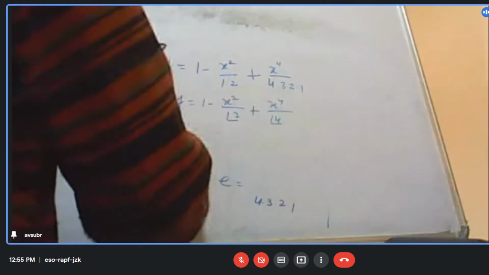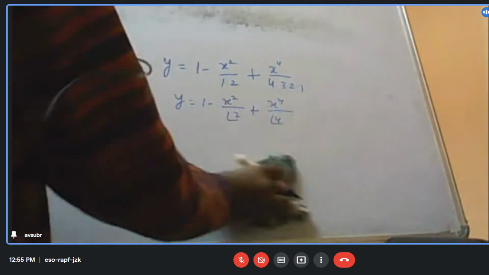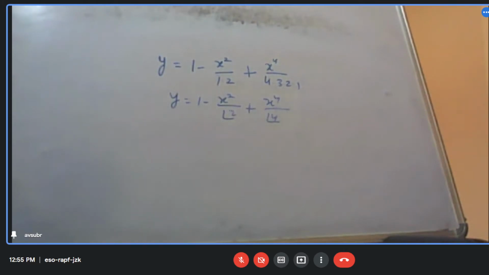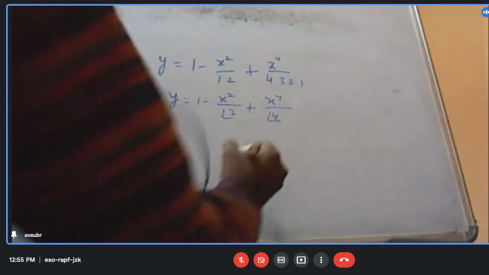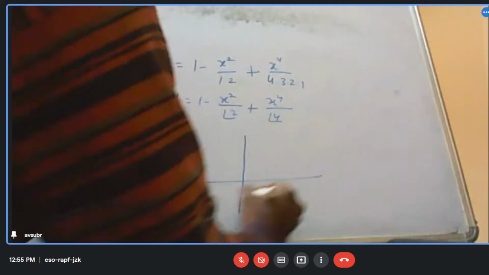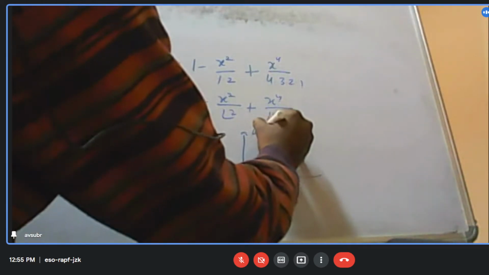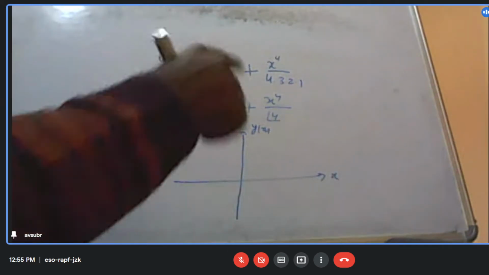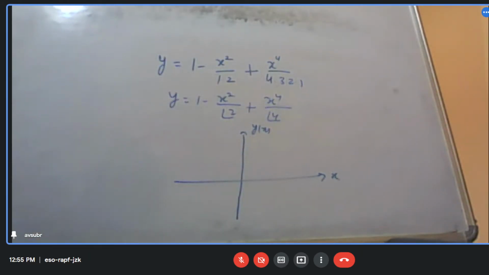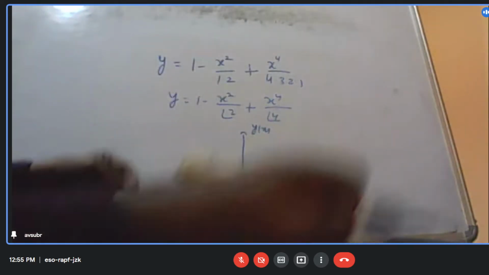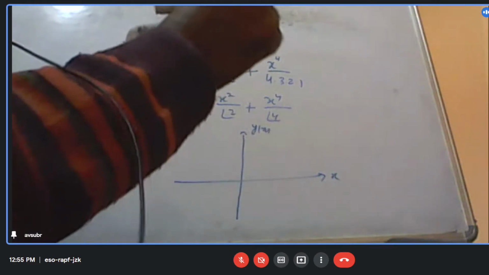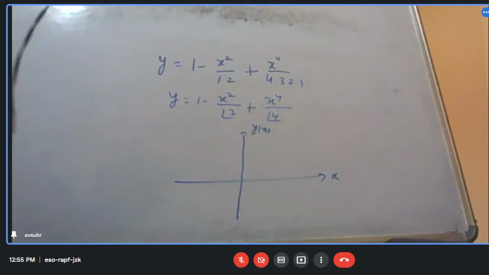So we have been able to add one more term over here. Now let us once again do the same thing. Our aim is to find the best fitting curve. In other words, it should be able to trace out for a larger distance, and accurately describe this cos x curve.